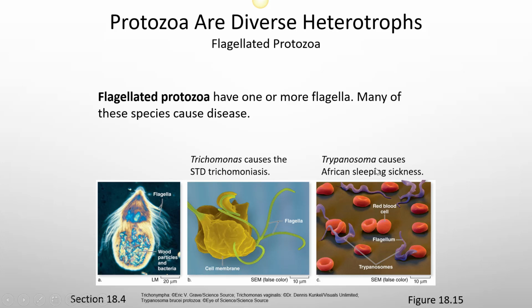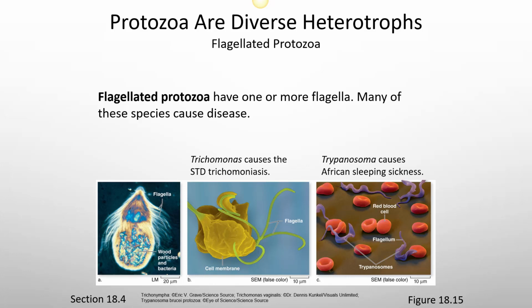This one is Trypanosoma. Trypanosoma brucei causes African sleeping sickness. Trypanosoma cruzi causes Chagas disease. Similar types of symptoms, it's just depending on the part of the world where they're found. These are transmitted by this bug called a kissing bug. The kissing bug is a pretty big bug, almost an inch long. They usually climb on you while you're sleeping, and they like to bite near your mouth. So that's why they call them the kissing bug.